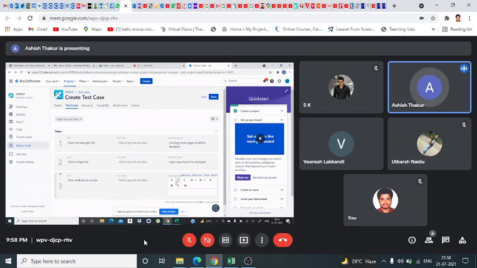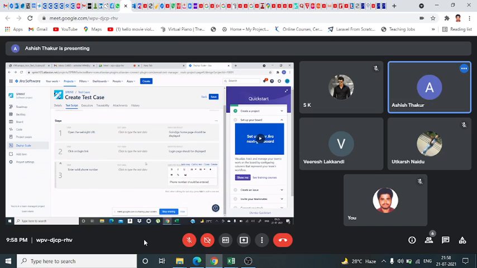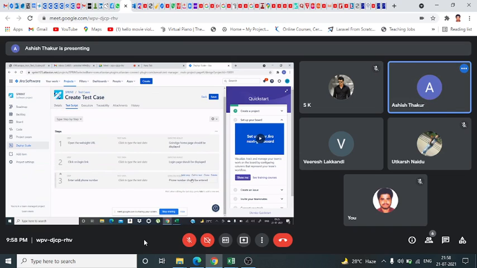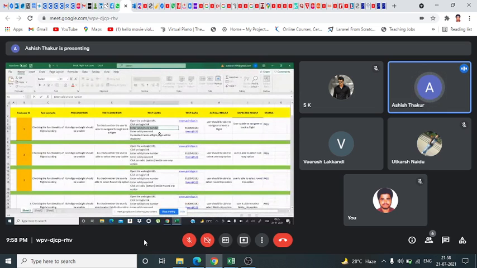So enter a valid phone number. So the phone number should be entered. Okay. Next step. Next steps are there. Valid password.